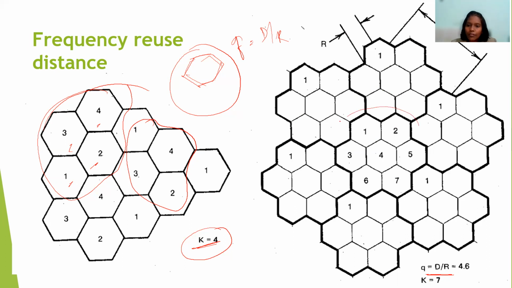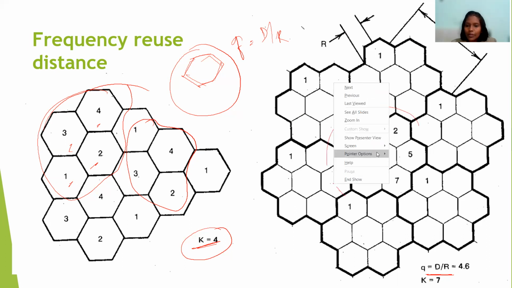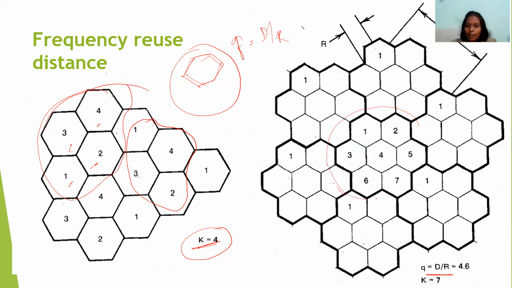So here, in one geographical area, K is equal to 7. If you install one antenna here, it will cover all this. Like that it is designed. Here also, if one antenna is installed, all of these will get coverage. So 7 is actually the efficient way to cover the whole geographical area. And this one is the radius and this one is the distance between the two.